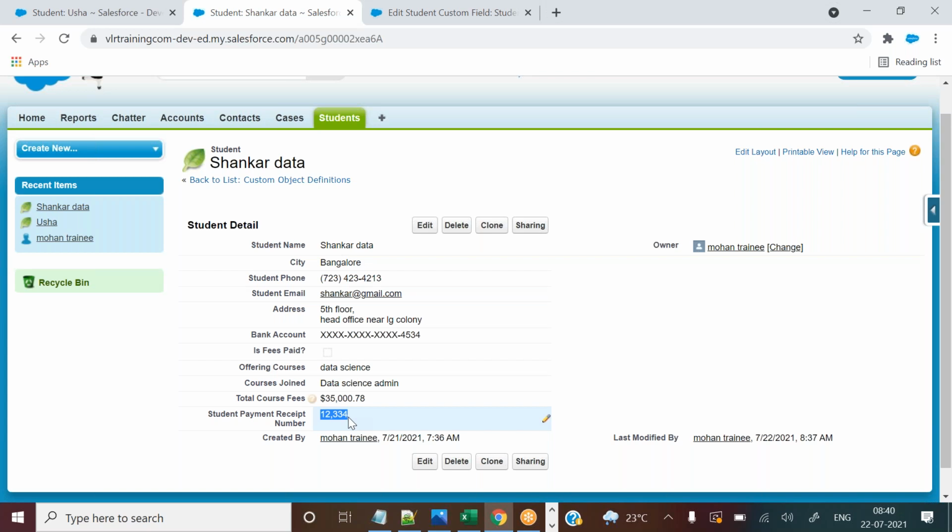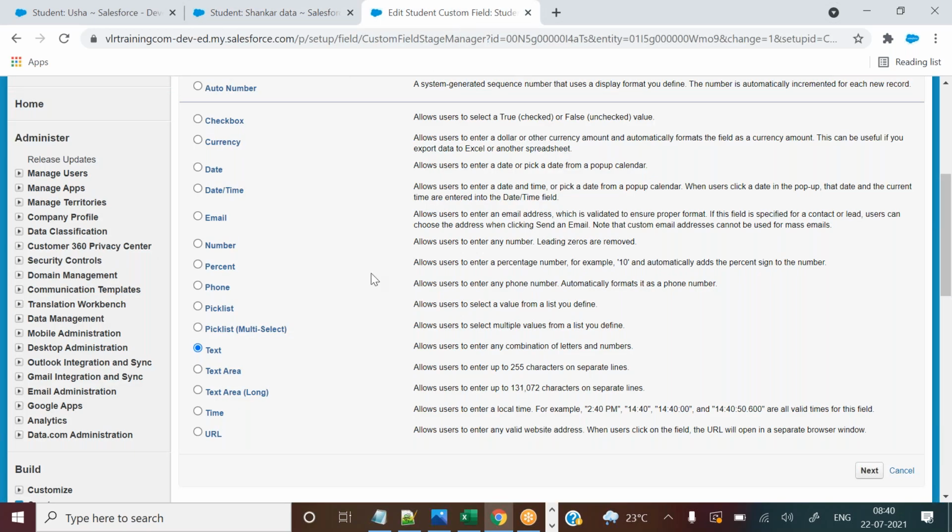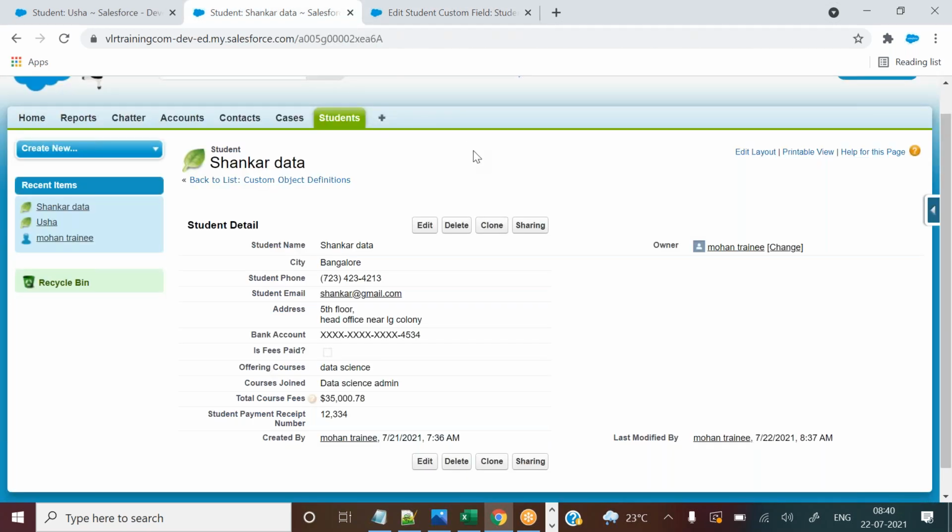You cannot change from a text field to a date field or from a date field to an email field. If you want to change one data type to another data type, there is a restriction. For a few of the data types only, you can change to a few other data types. But directly to an unrelated data type, you cannot change it. Understand? Salesforce does not provide that, so don't worry. Salesforce has already provided that kind of feature.